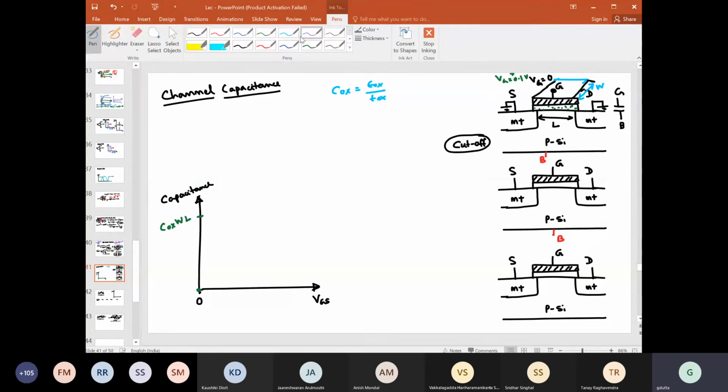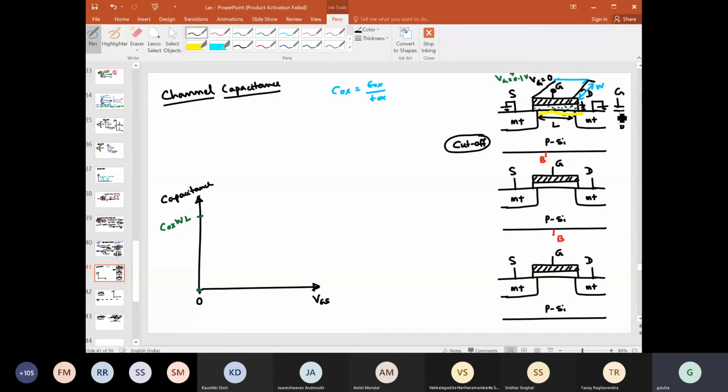Color is also not good here. Maybe this color. Yeah. So it will create one depletion layer here. This yellow I am representing the depletion layer, right? So what will be the capacitance now? Earlier the separation between these two was due to only this T ox, right? But now in addition to that, after T ox you have a depletion layer this much. So the separation between this plate and this plate has increased.